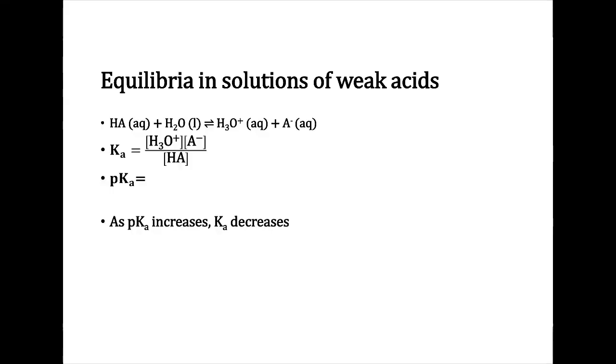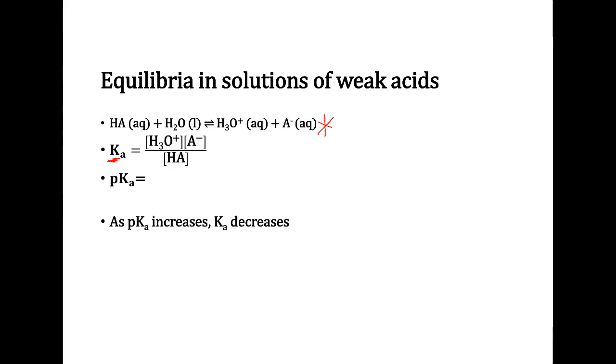Alright, so today we're going to go ahead and talk about the dissociation of weak acids. Whenever we're talking about the dissociation of weak acids, we can use our equilibrium constant, just like we did last unit. So let's look at this general reaction right here. We have our weak acid, HA, dissociating into H3O+ and A-. If we write out our equilibrium expression for this reaction, we have H3O+ times A- divided by